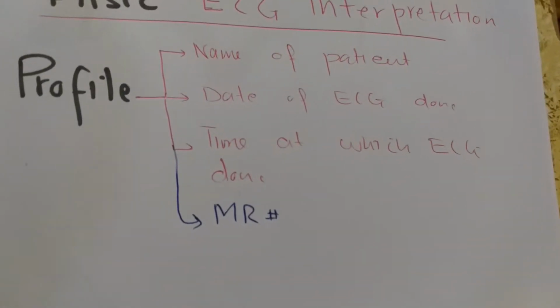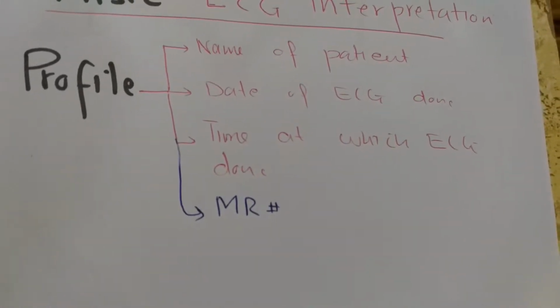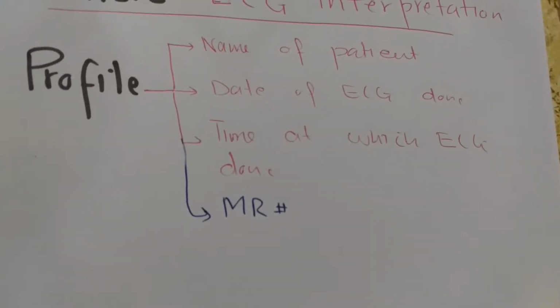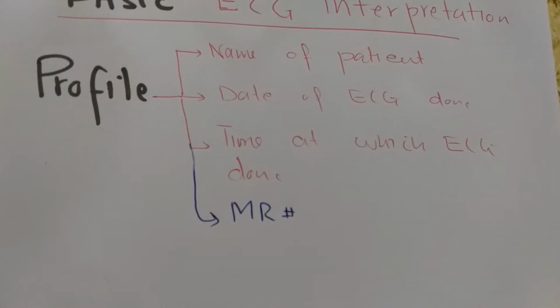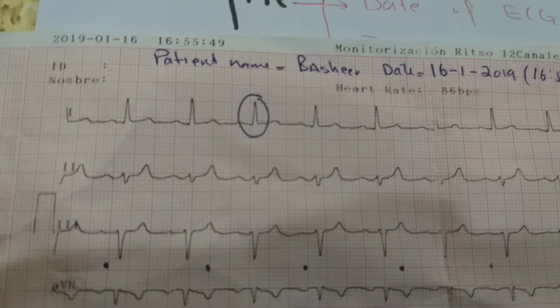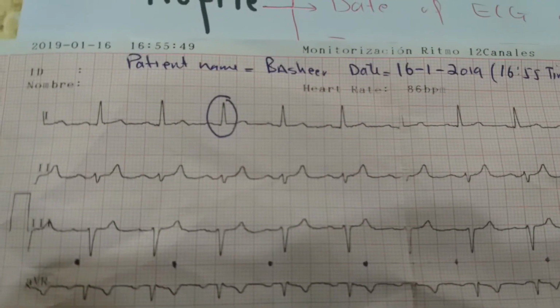Also, you need to have the MR number of the patient on the ECG, because sometimes you have two or three patients who can simultaneously have the same name. In that case, the medical record number or the patient number would help to distinguish which patient this ECG belongs to. For example, in this patient, the name of the patient is Bashir, and this ECG was done on